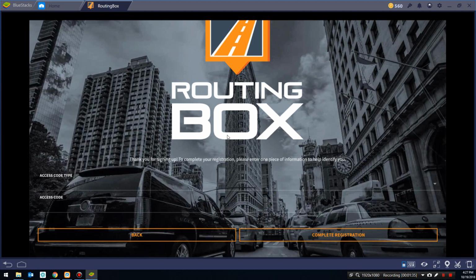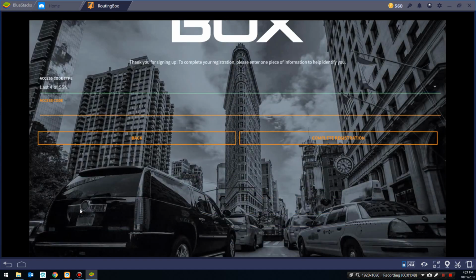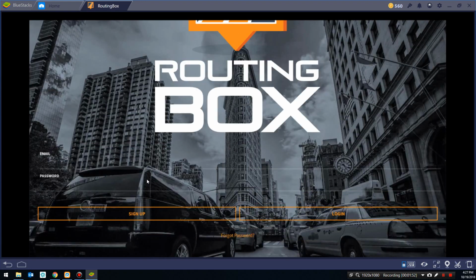In my case, hopefully I've done everything right, and I have. So now here we can choose an access code. You'll be able to choose from a bunch of different access codes to help identify clients. So I'm going to go ahead and choose the last four of my social here, and then I can type that in. Now I'm not going to complete my registration as I already have a registered user,